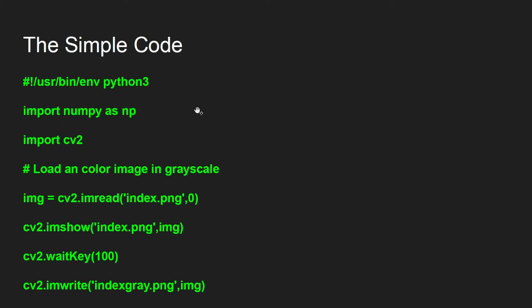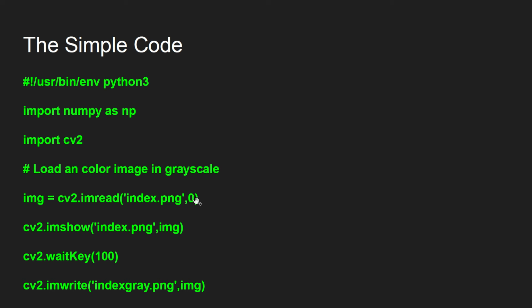Now what do we do? The first step is to load a color image in grayscale, which means I'm going to load a color image as a grayscale image. How do we do it? img = cv2.imread. This imread is the method that I'm going to use, and index.png is the name of the file. It can be a jpg file, it can be a png file, it can be anything, but specify it correctly, and the path is very important.